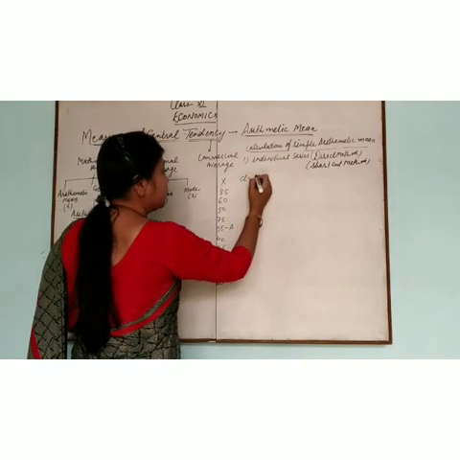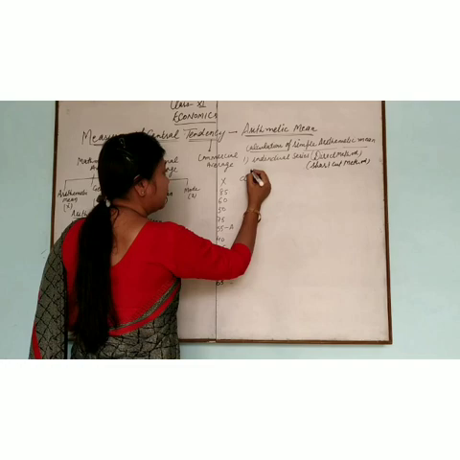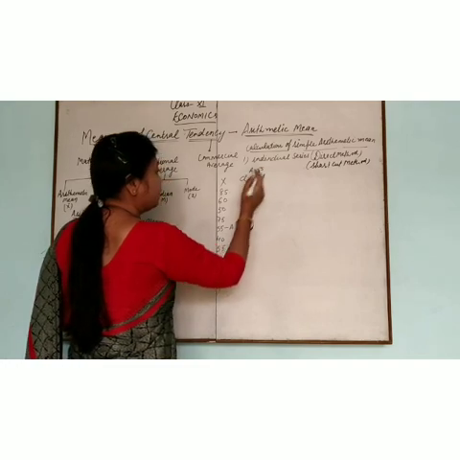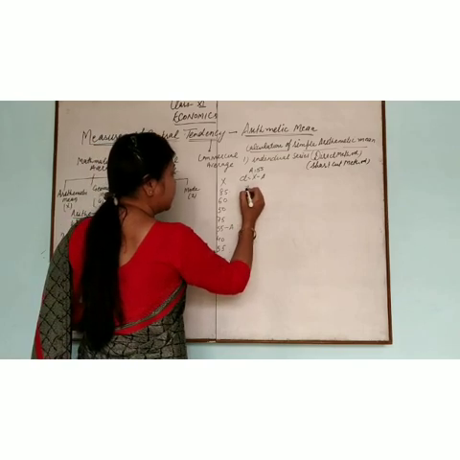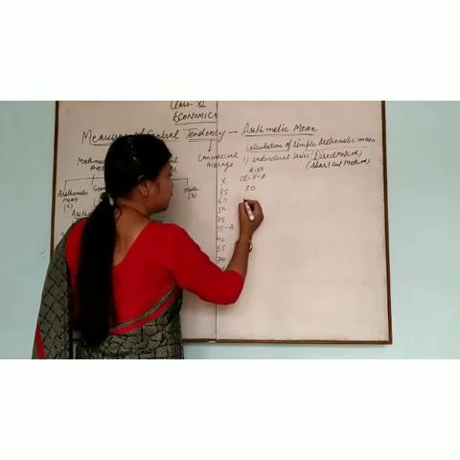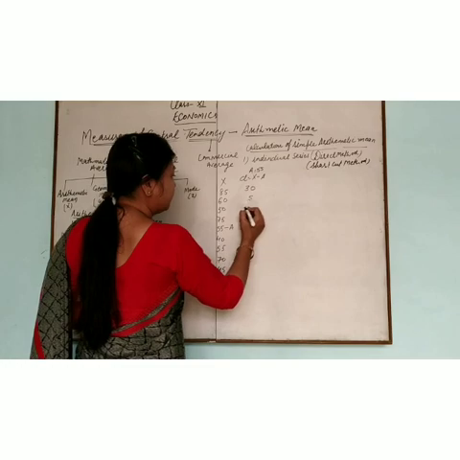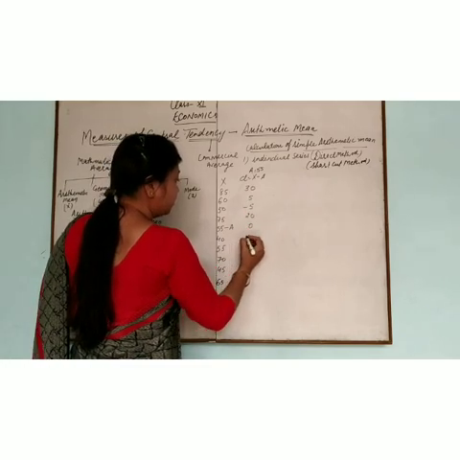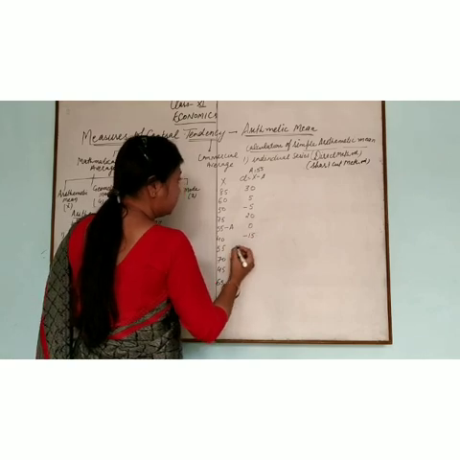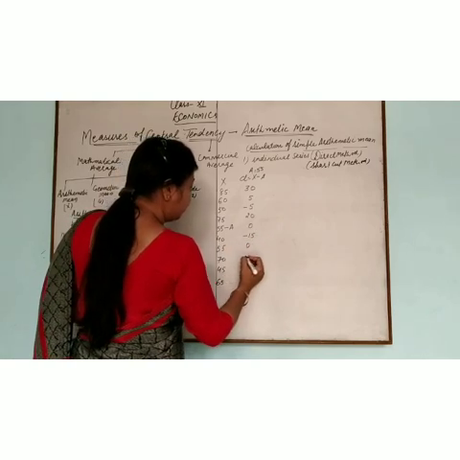So d is equal to x minus A, where A is equal to 55. 85 minus 55, that is equal to 30. 60 minus 55, 5, minus 5, 20, 0, minus 15, 0, 15,